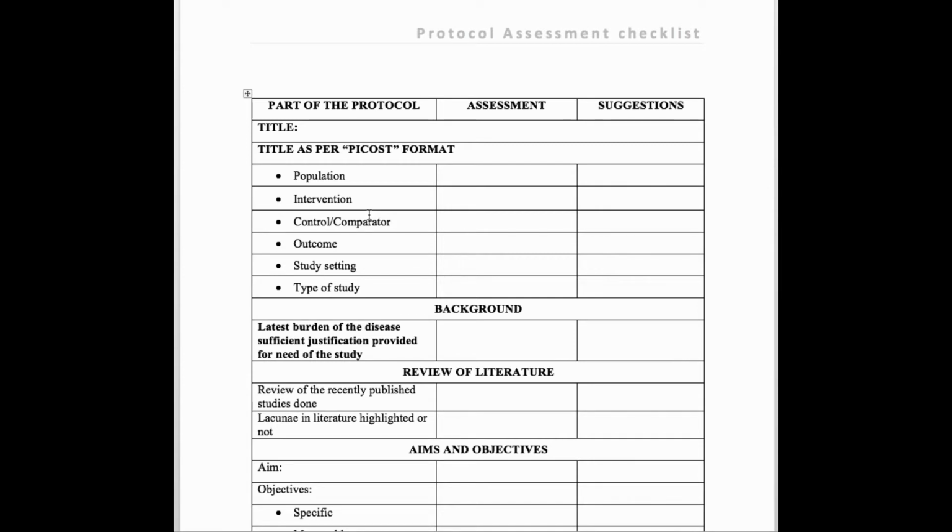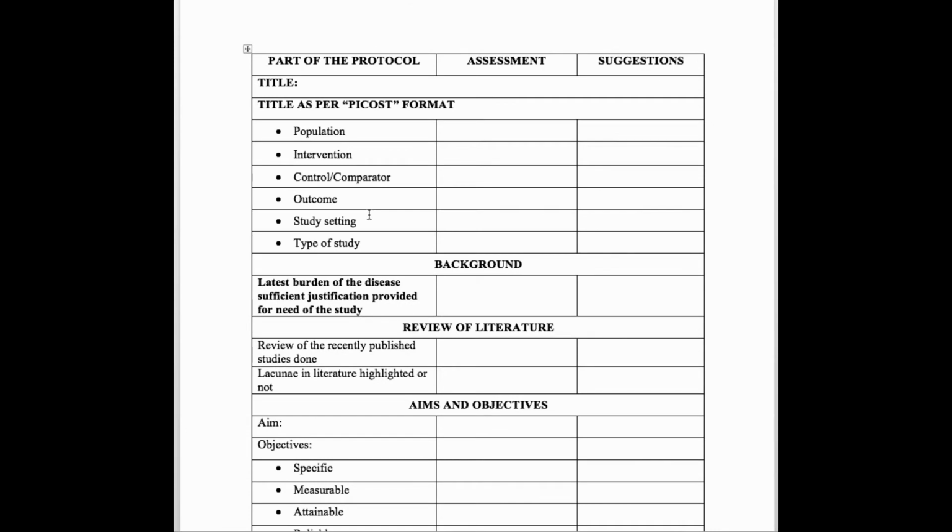If at all you are doing any intervention, what intervention you are doing must be specified in your title. If you are using any control or comparator group, suppose for example you want to see platelet indices in diabetic and non-diabetic subjects, there are two groups of people, diabetic and non-diabetic. So you have to mention the comparator group also. And the most important thing is you have to mention the outcome. Suppose in the previous example, platelet indices are the outcome. So you have to specify the outcome in the title,